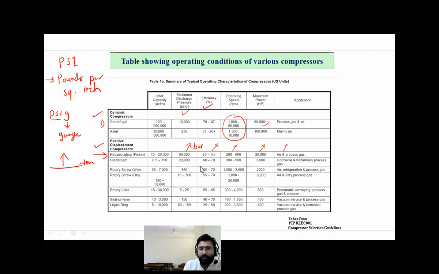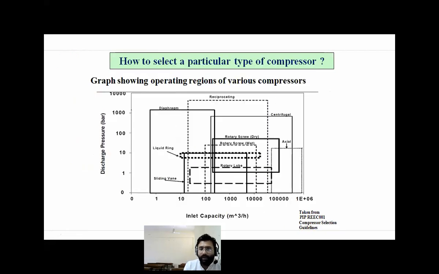So this is just a comparison between different compressors. This is again plotted on inlet capacity, meter cube per hour, versus discharge pressure, and their operating region is given. So, a graph showing operating regions of various compressors. Reciprocating air compressors lie, as you can see here, from 10 meter cube per hour up to like 50,000 meter cube per hour, and its operating pressure is from